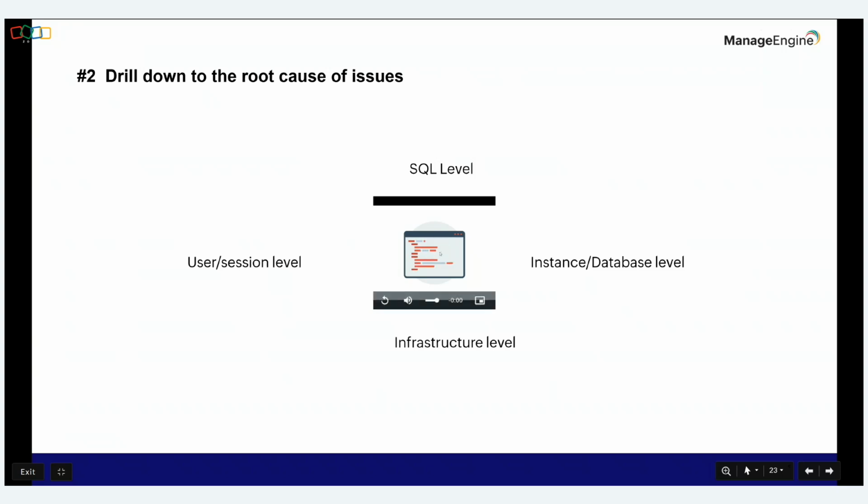Within your SQL or your Oracle, there will be n number of instances or databases running. And these database servers will be hosted on different platforms, right? Like it can be Windows, Linux, containers, or cloud. And on all these databases, there will be live sessions, block sessions, log sessions. So these are all the different areas that we need to drill down in order to achieve a detailed tracking